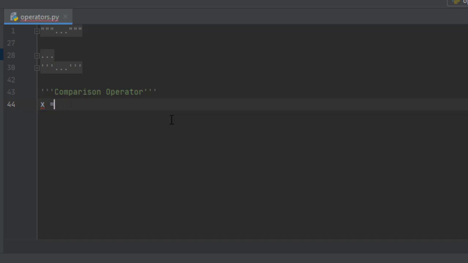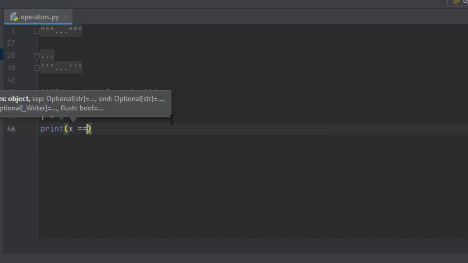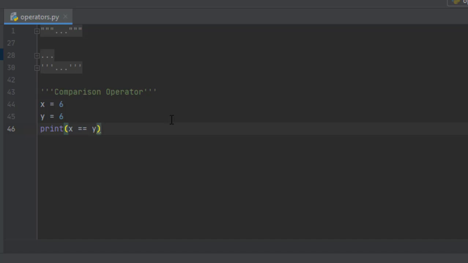So I'll give an example over here. Let's say x equal to 6, and y is also equal to 6. Now I'm printing x equal to y. So what will it print? Will it print 6 is equal to 6? No, it doesn't print like that.